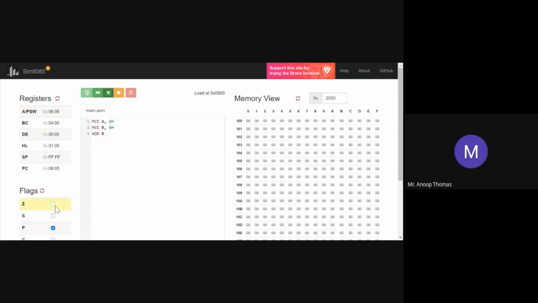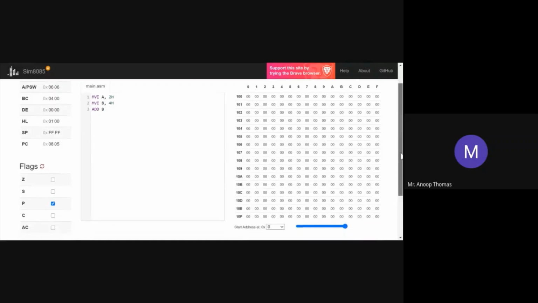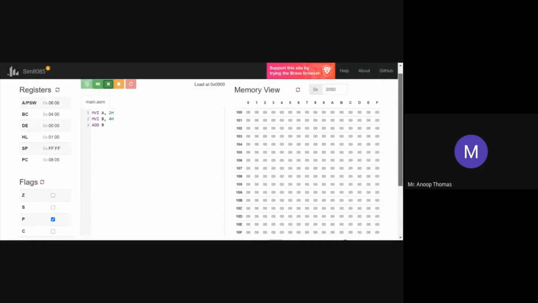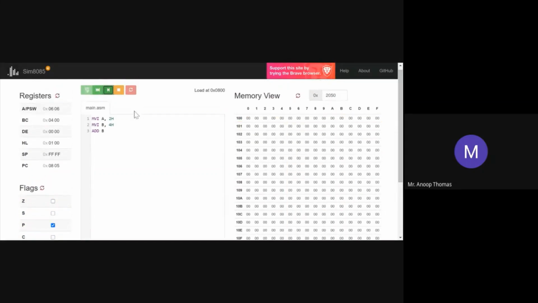So if you can see, the flags are specially mentioned at the bottom here. You have the flags: zero flag, sign flag, parity flag, carry flag, and auxiliary carry flag. So you have 5 flags, and this is what is represented in 8-bit format in the PSW. So this is accumulator and then program counter. Then you have B and C, which are the registers. Each are 8-bit. Combinedly, they are called register pairs. So this becomes 16-bit. DE, HL, SP, which is the stack pointer, which we are not using.